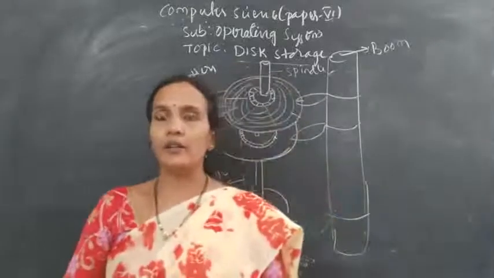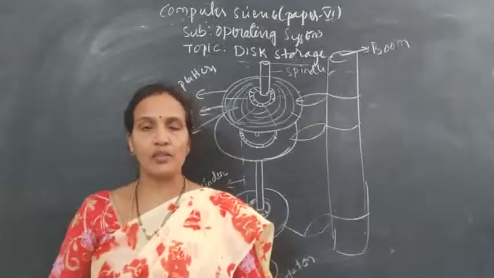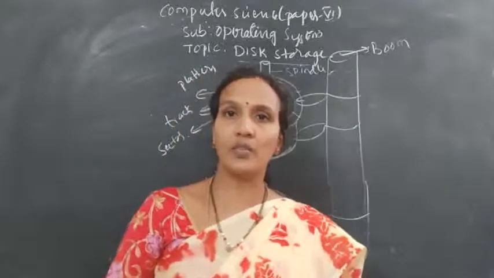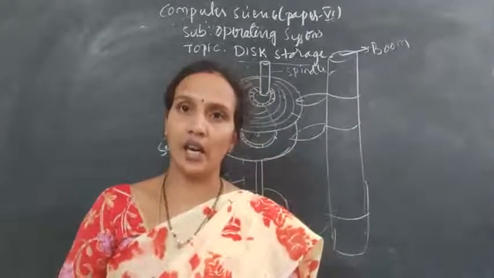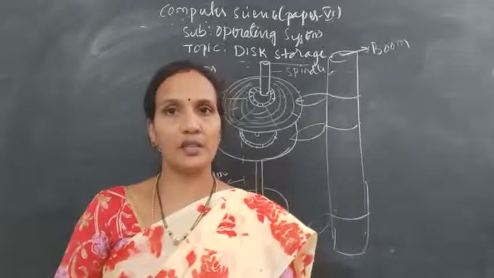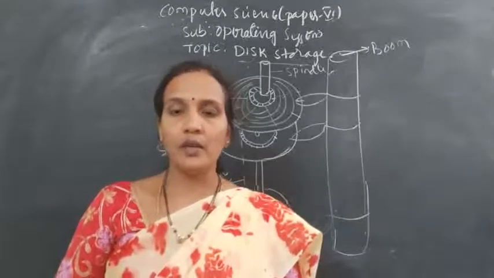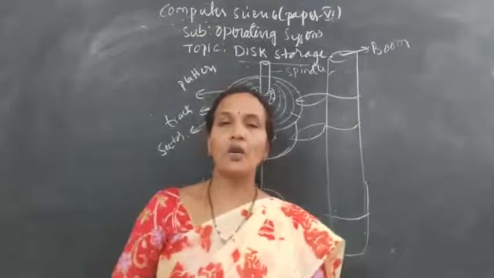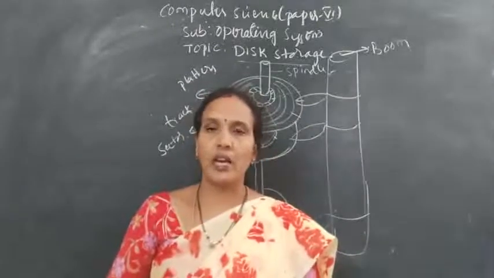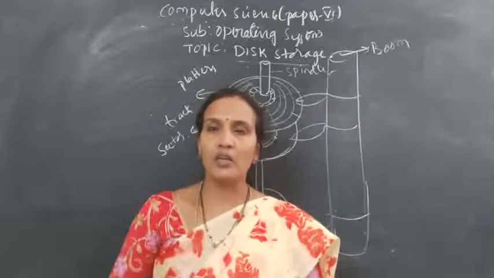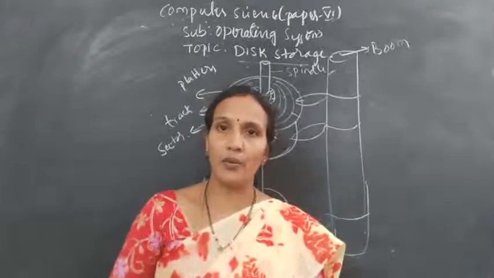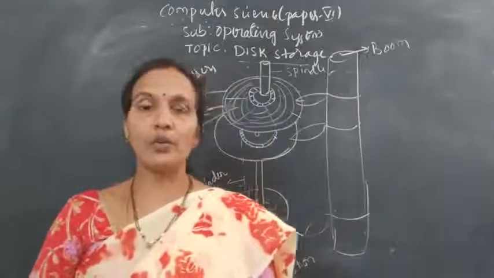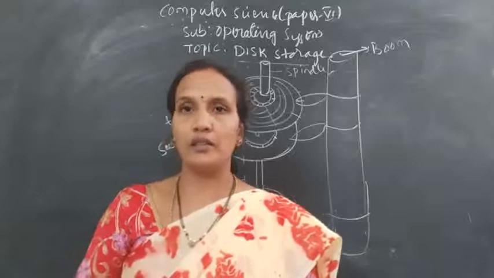A secondary storage device is a device which stores a large volume of data, and whatever content it stores is magnetized. That is why, even if there is no power supply, whatever content is in the hard disk will not be erased from the memory. Clear? Now, when we go to the storage, how is the data stored on the hard disk? There are different types of components which are used to store the data and to read the content from a hard disk.